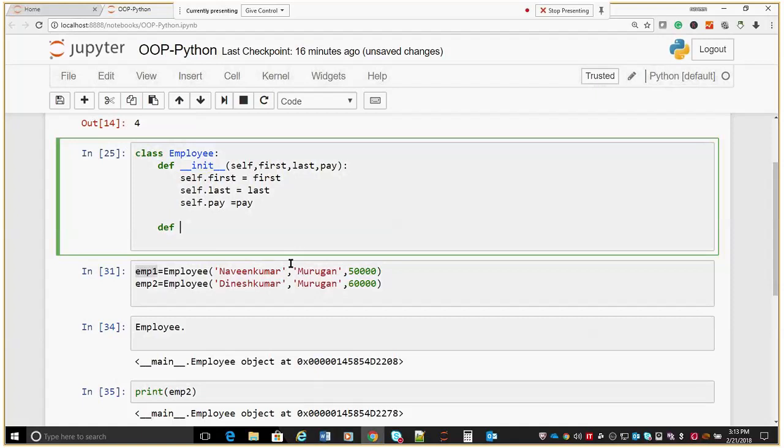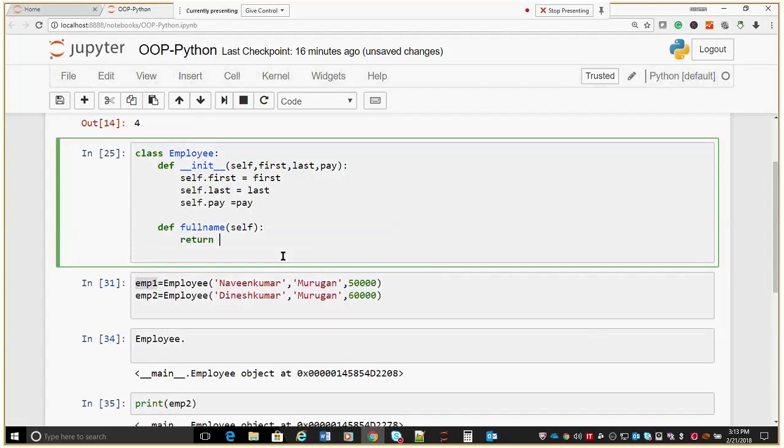For example, I need to get full name of the employee. I'm just giving the function name. The only difference between method and function, this will take the self argument. Okay, so to get first name and last name, the instance variables are available, so I don't need to pass in any arguments. I can use this instance variable itself. Okay, so let me return